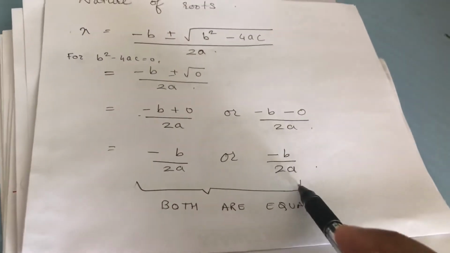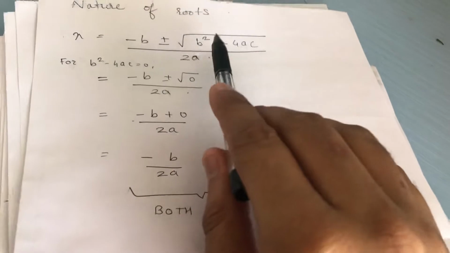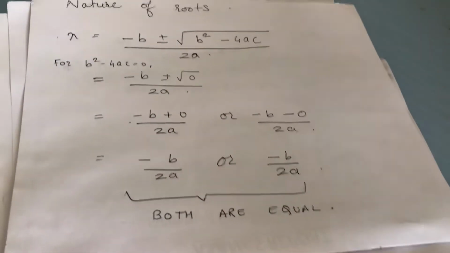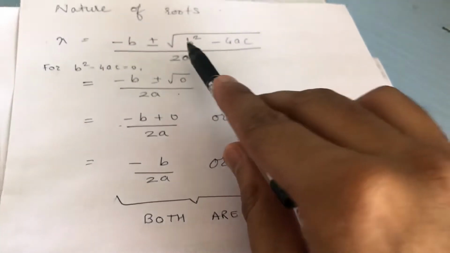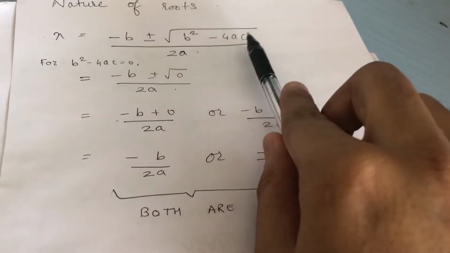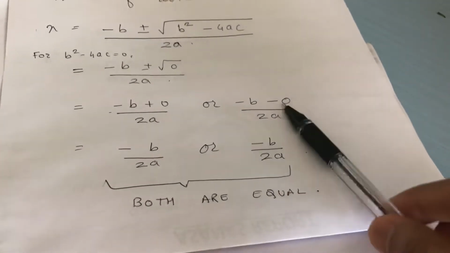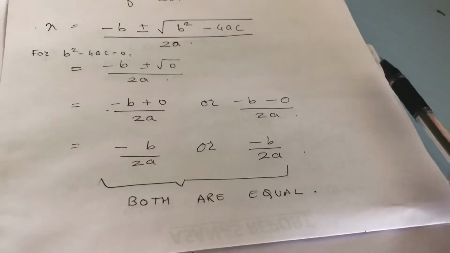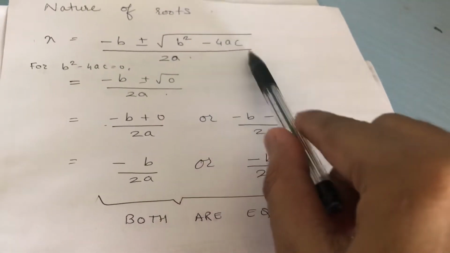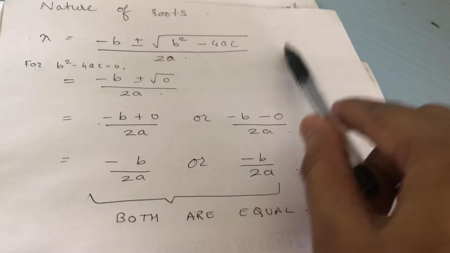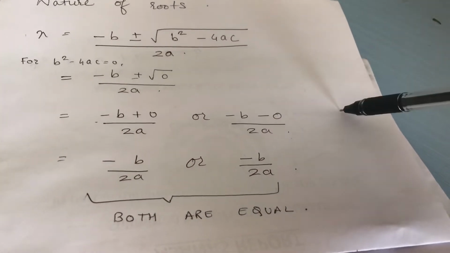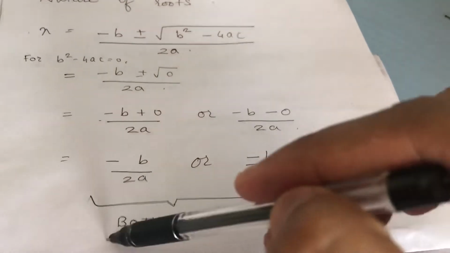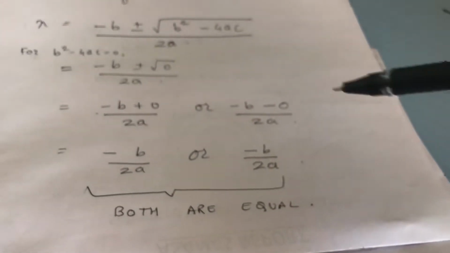Okay. So next case, if b square minus 4ac is positive, then we have done so many questions in the last exercise wherein all the b square minus 4ac values were positive, and we saw that we got two different roots, okay, which were real and unequal. So we say that if b square minus 4ac is greater than 0, then the roots will be real and unequal, whereas if b square minus 4ac is equal to 0, the roots will be real and equal.